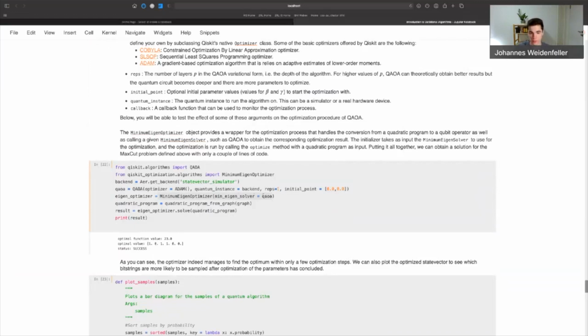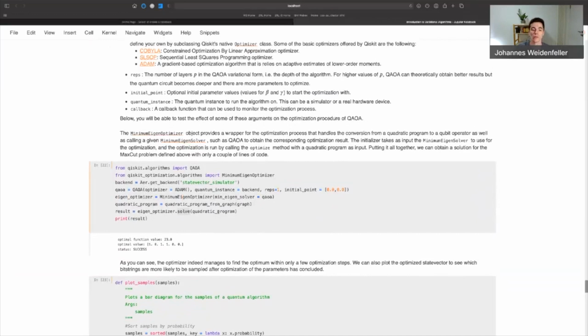But in this case, we're going to work with QAOA. And then once we have initialized the eigenoptimizer, we can use the solve function of the object to solve a combinatorial optimization problem that is represented by a quadratic program.